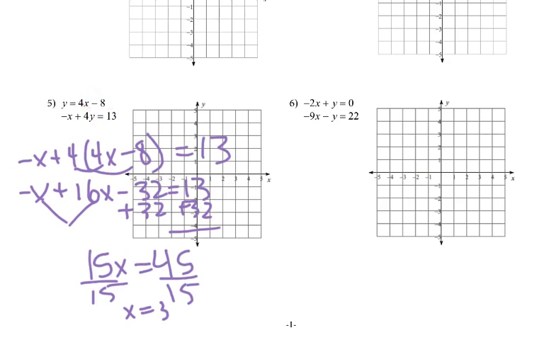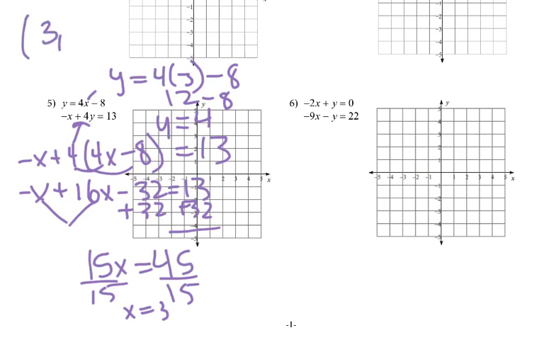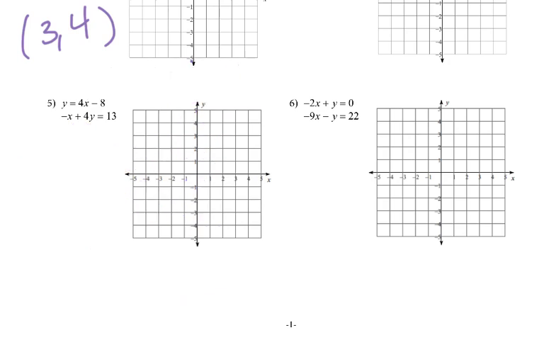Then I plug that back into that equation, and it doesn't matter which equation you use. Regardless of which one I use, it's going to get the same. So y equals 4 times 3, which is 12, minus 8, which is 4. So y equals 4, so my point of intersection is 3, 4. Now, that was substitution. So now using graphing, okay,